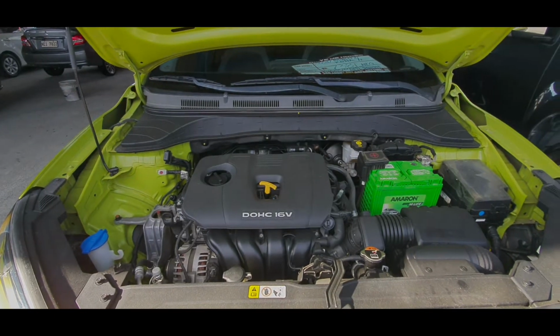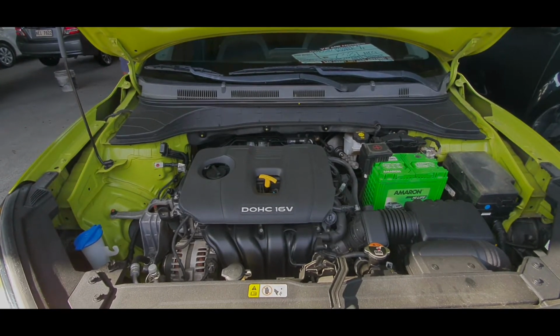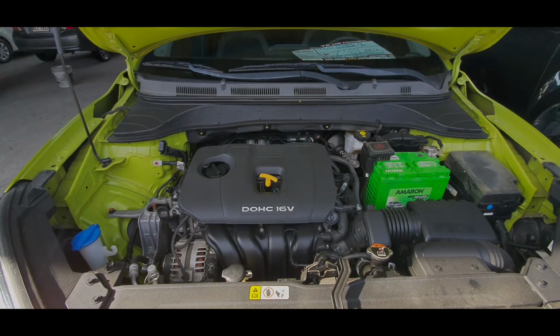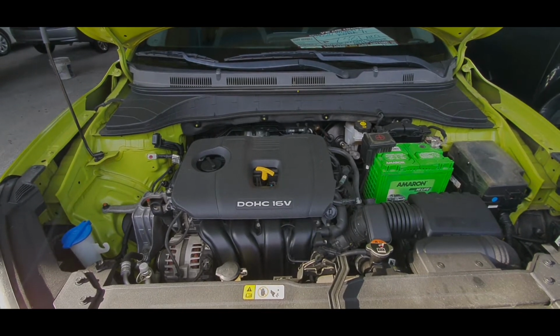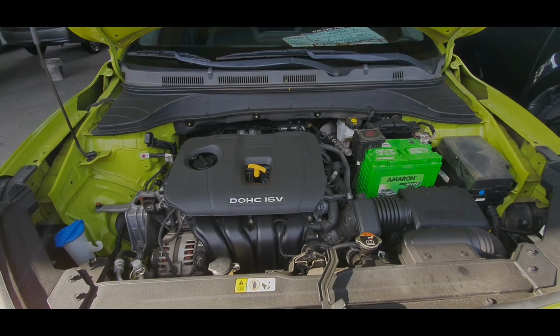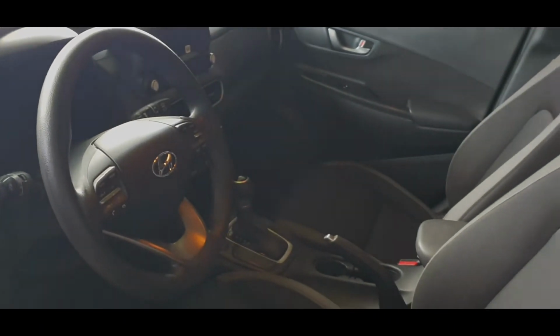Under the hood is Hyundai's new state-of-the-art, very powerful yet economical, Atkinson Cycle 2-liter dual overhead cam 16-valve inline 4 gas engine producing 147 horsepower and 132 pound-feet of torque mated to a 6-speed automatic transmission. Inside the vehicle, as you can see, it is filled with different design, functional, and safety features. On the door panel, we do have a storage space here on top, as well as down below with accommodation for a drinking bottle. And this car is even equipped with traction control and, of course, airbags for safety of